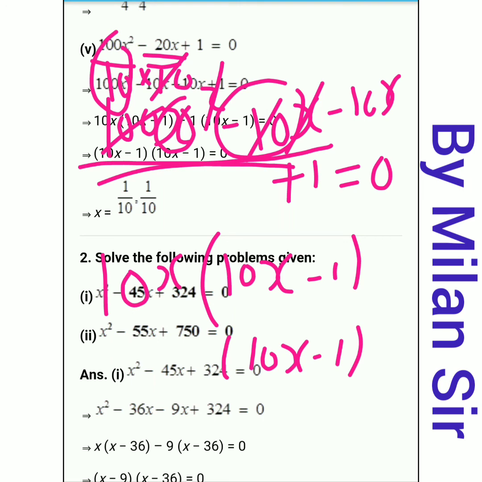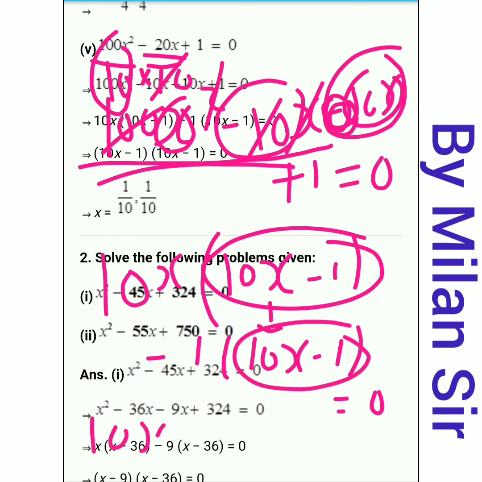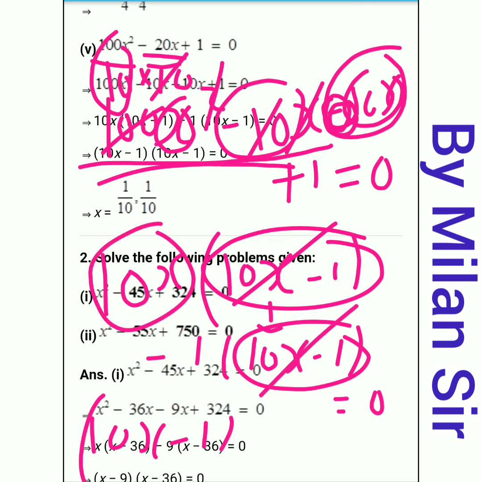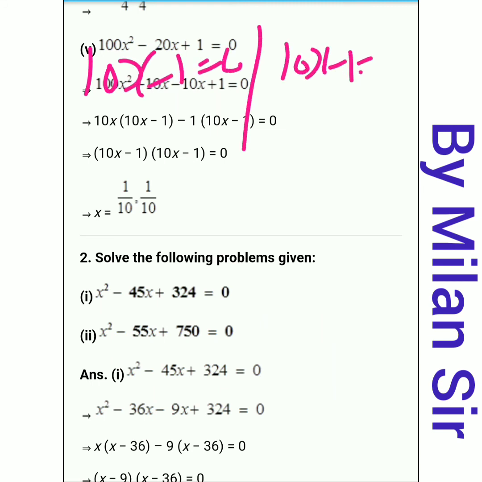Okay, then here our third term is minus 10x. 10x is already present in the bracket, but this minus sign is remaining, so we need to put this minus sign here and nothing is remaining, so 1. Okay, now we take 10x minus 1 as common, right? So we cut this bracket, so what is remaining? Here 10x and here minus 1, so 10x minus 1 is equal to 0. In this question even we get the same brackets. Okay, so our first bracket is equal to 0, otherwise the second bracket is equal to 0.